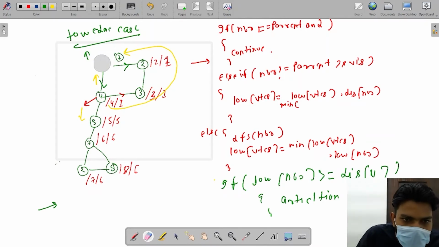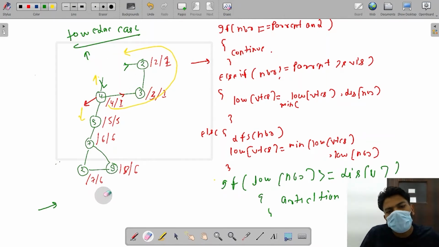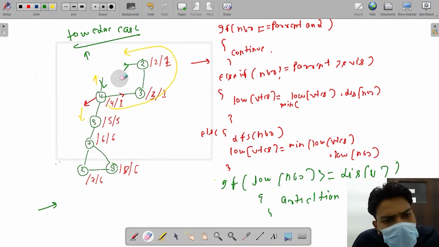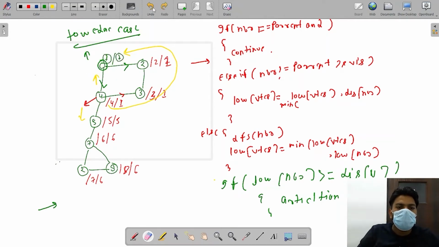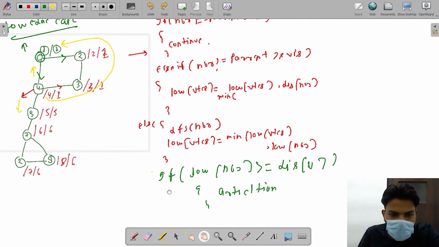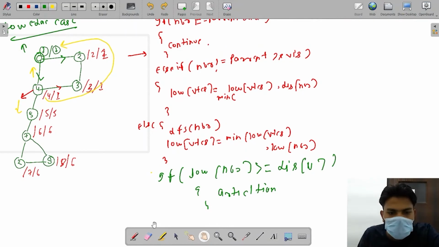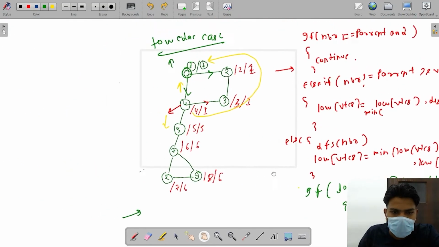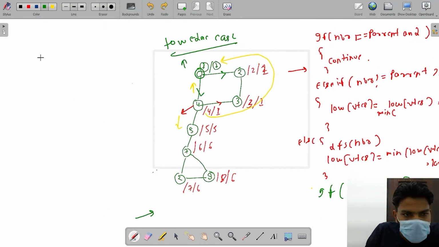But what we find out when we ignore this, then they are not articulation points, because this graph is not divided into two parts. Okay, so what we have to do, we have to just figure out, we have to just put a condition. What condition? We have to put a condition like if our parent